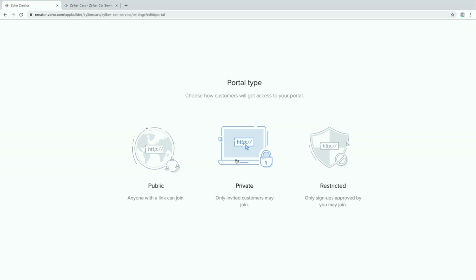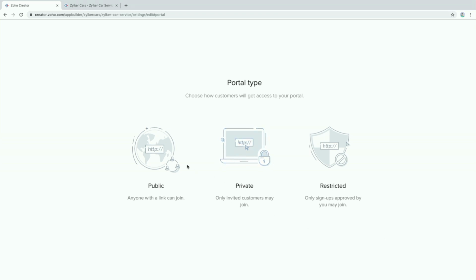If it is private, the sign up feature will not be there. You will have to invite the user manually. You'll have to get into the portal, add that user, only then they will get the invitation and be provided access. Restricted is a combination of these two. You will expose the sign up feature. People will be able to sign up, but they would not be given access to the database immediately. Instead, there would be an approval process where the admin has to approve that specific user, and only after the approval, they will have access into the application.